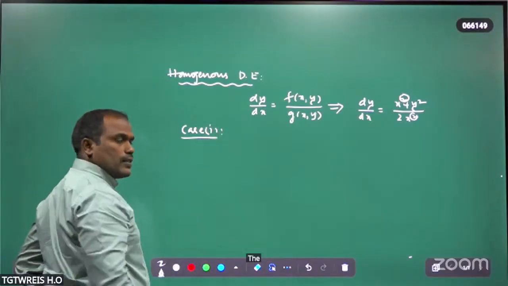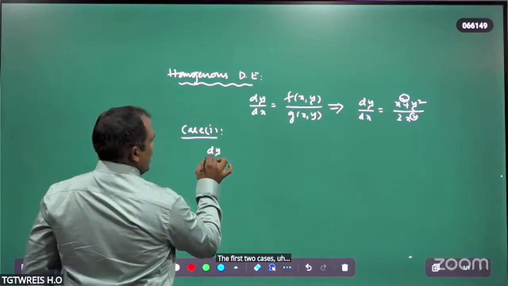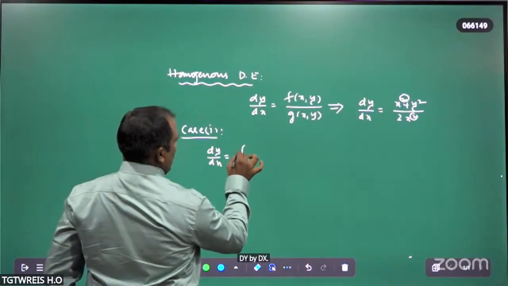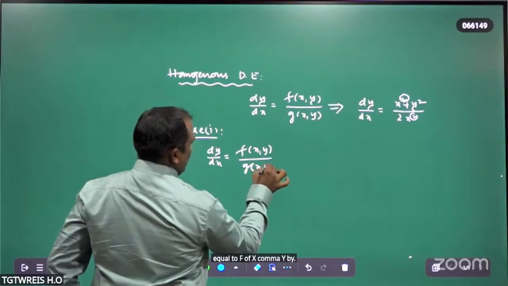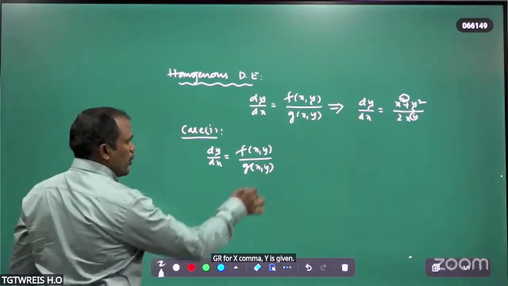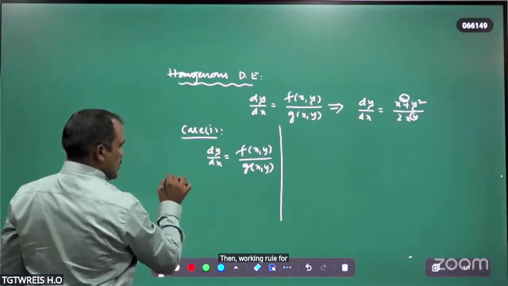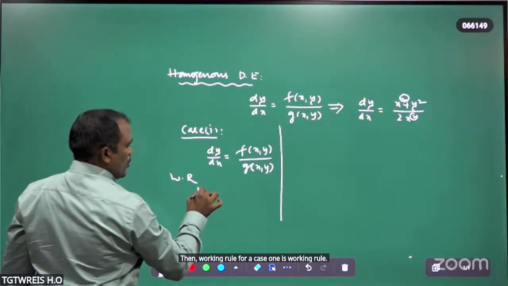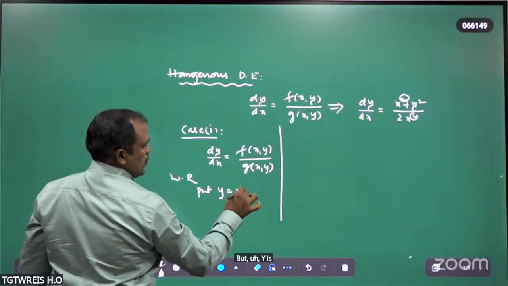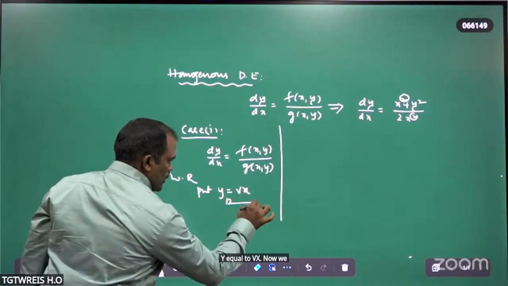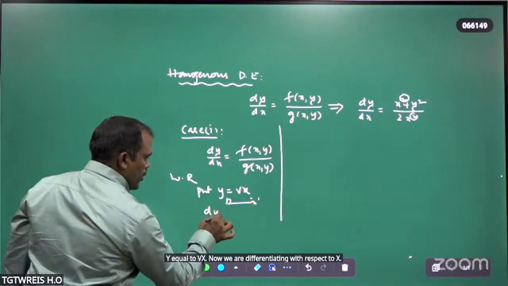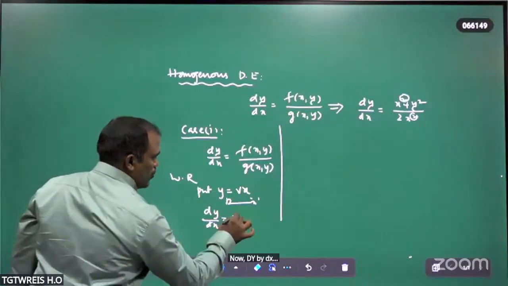The first case is when dy by dx equal to f of x comma y by g of x comma y is given. Then the working rule for case 1: put y equal to vx. Now differentiating with respect to x, dy by dx equal to v plus